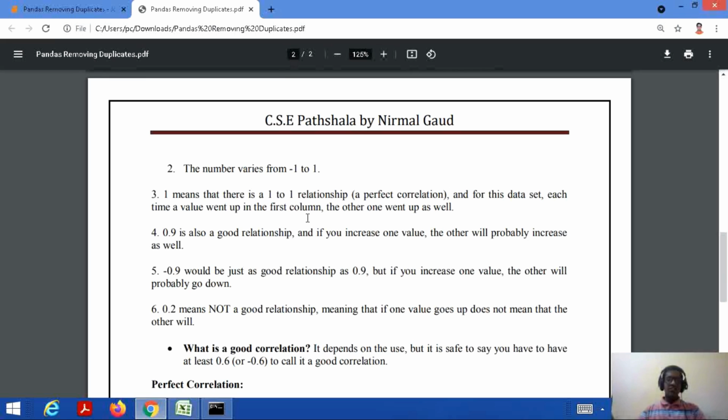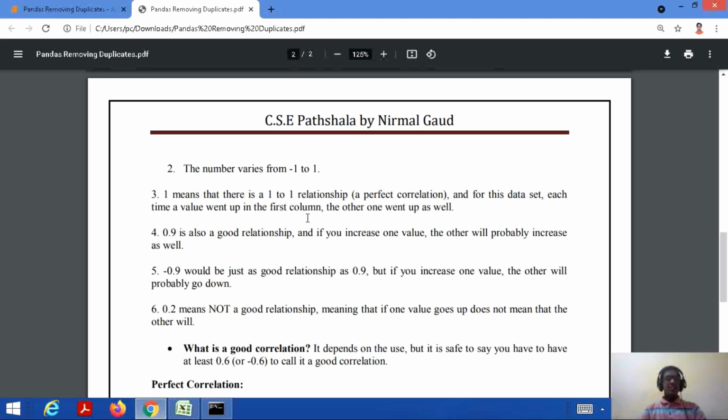For example, if there is a jump in a value in one column, there is a similar jump in a value in the other column. Now, if we get a value, for example 0.9, that means it has a good relationship. Not perfect, but good. If there is an increase in a value in one column, there is also a significant increase in a value of the other column.